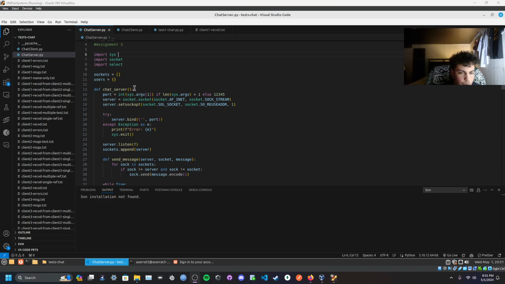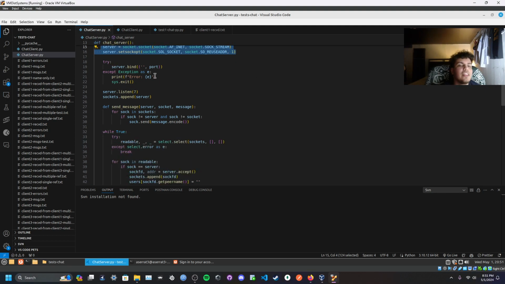Here's the chat server main function, instantiating the port based on the set of arguments. If it's greater than 1, else I'm using this general number for the port, but this can honestly be anything. I'm creating my server socket, using the code given inside the class example files. Here I'm binding the server to the port and catching exceptions if I get any. Then I'm appending the server to sockets, excuse me,